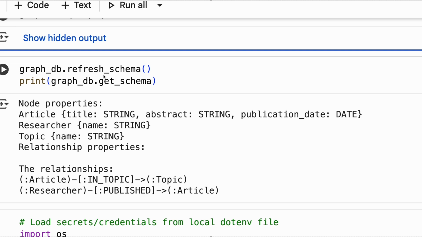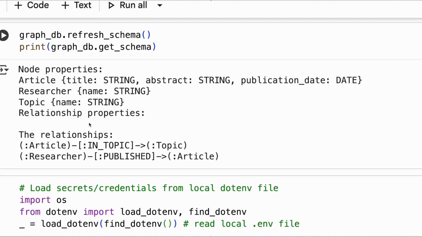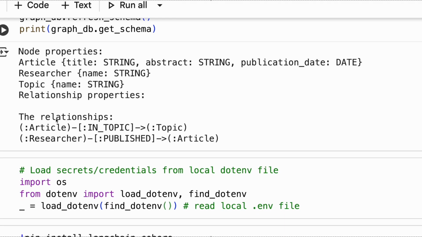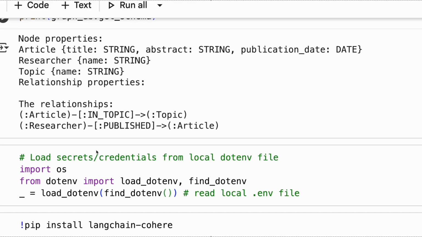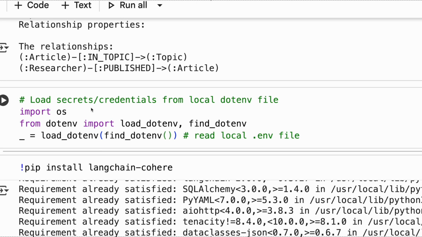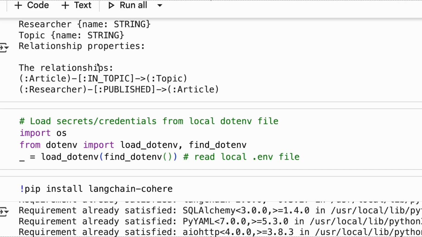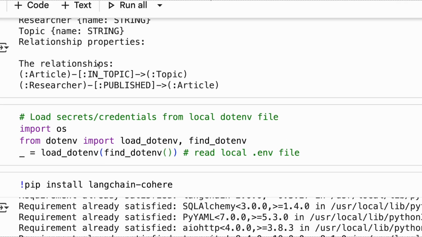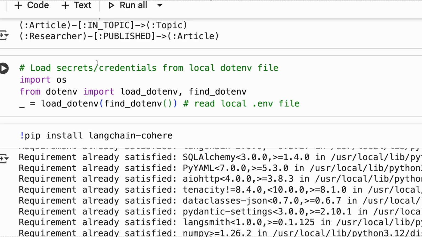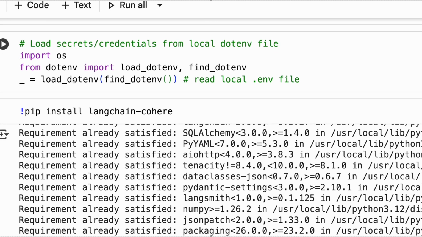You can do the refresh and print the schema details: the number of nodes, properties, what things it created, how the relationships are, like article, topics, topic, etc. These will be showcased to us, saying that this is the schema we are using to create the graph. Okay, perfect. So once it is done, as I told you, you can also use a dotenv